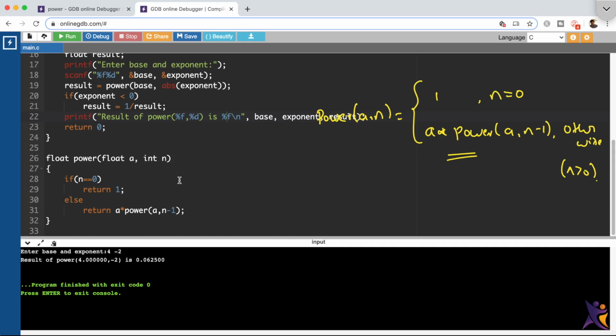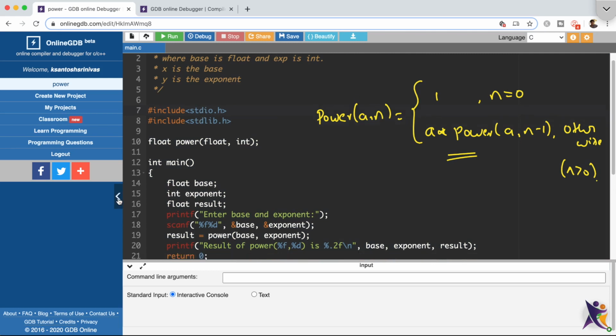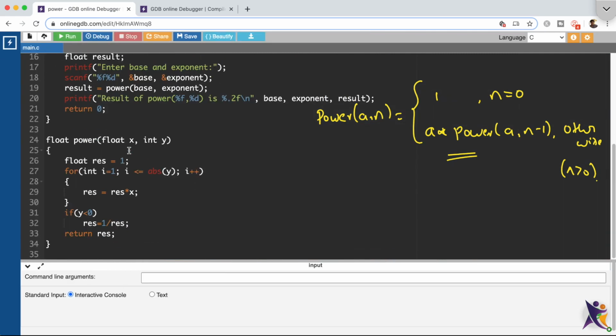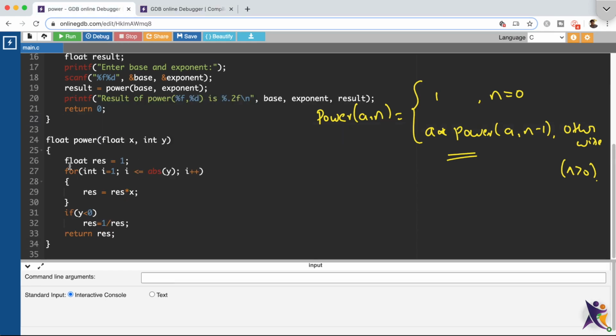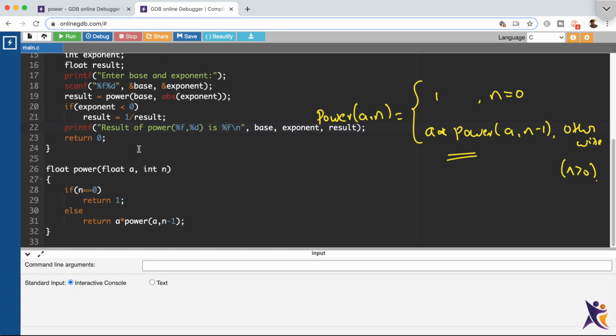So if you observe the difference between the iterative version and recursive version, recursive code is simply elegant. Let me just quickly look at the iterative version of a power n. Here, this is the iterative version of a power n, where we have this loop. This looks a bit complex, right? Whereas the recursive version looks clean and concise. There are only two conditions and there are only two return statements, right? Whereas here we have a for loop and there is a condition and there is one return statement. The iterative version looks complex, whereas this recursive version looks clean and concise.